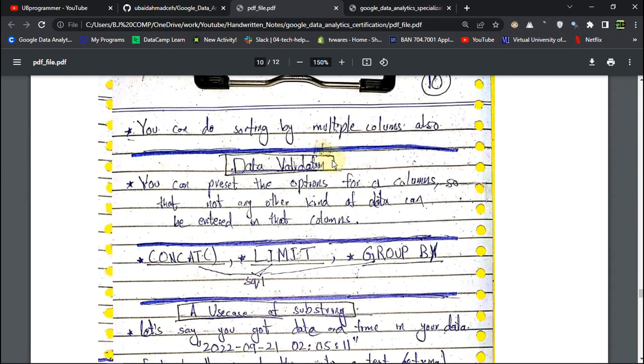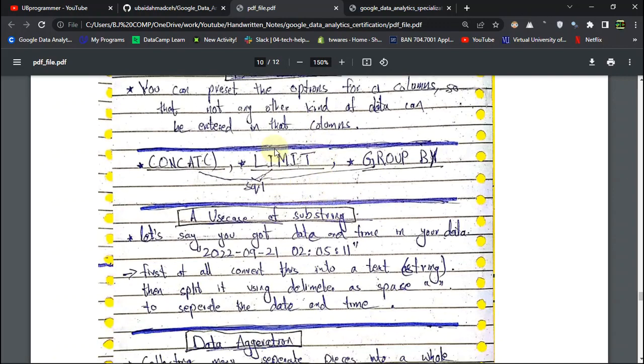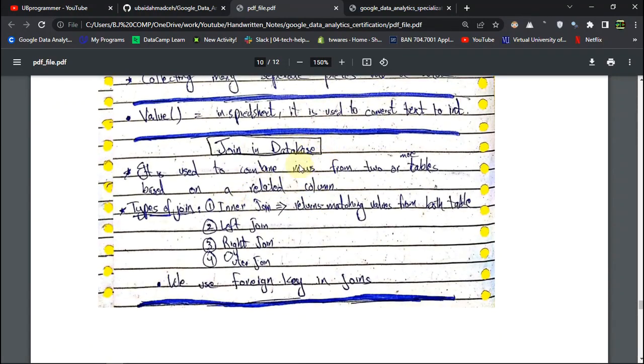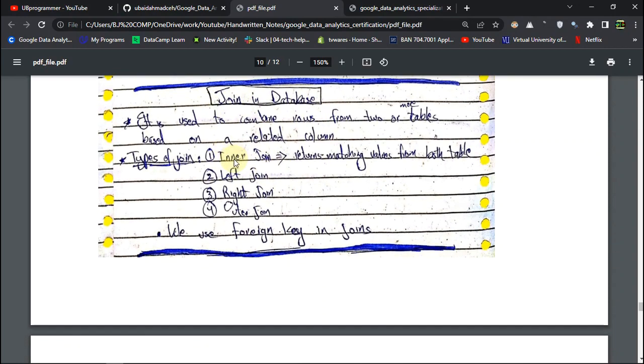And there was a concept about data validation, like what type of data you want in your spreadsheet. And then some concepts about the databases, like the join, a really important